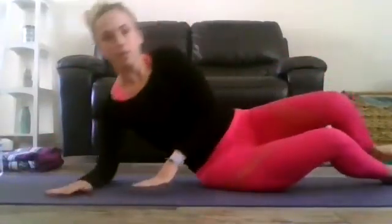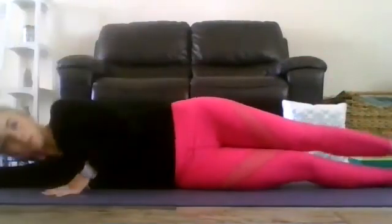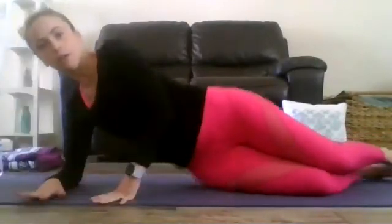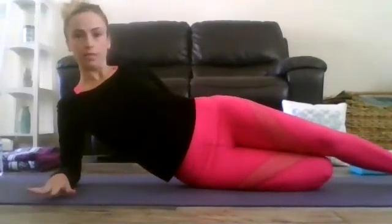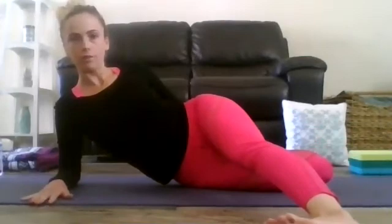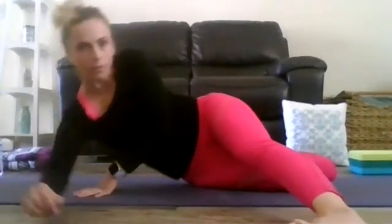So again, you can start out propping up on your elbow, or you can go right into laying with the arms straight out. I kind of like the propping up on the elbow. So you're gonna take your back foot, grab your back foot with your top hand, for me it's my left hand, and then bring the top leg straight out in front of you. So you could stay with just that, or you can lay down,